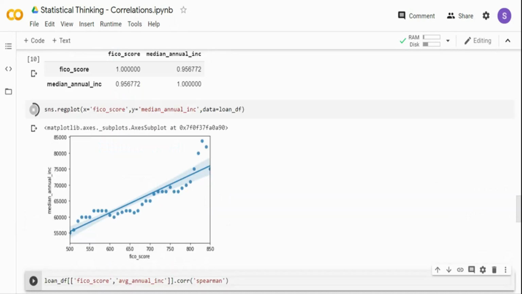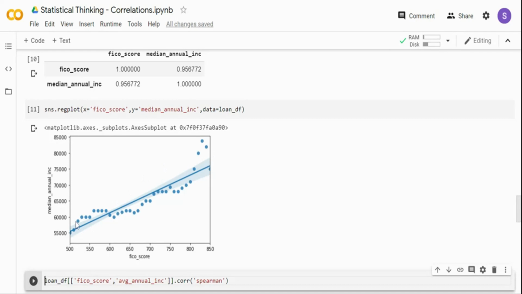Let me draw a scatter plot and a regression line to show how the data looks. So this is how the data looks. You can see the points are not exactly on the line, so there is no perfect linear relationship, but still there is a linear relationship. There are a few points at the top that can be outliers, but knowing that annual income by itself can have extreme ranges, these are not really business outliers. Maybe technically they look like that, right?